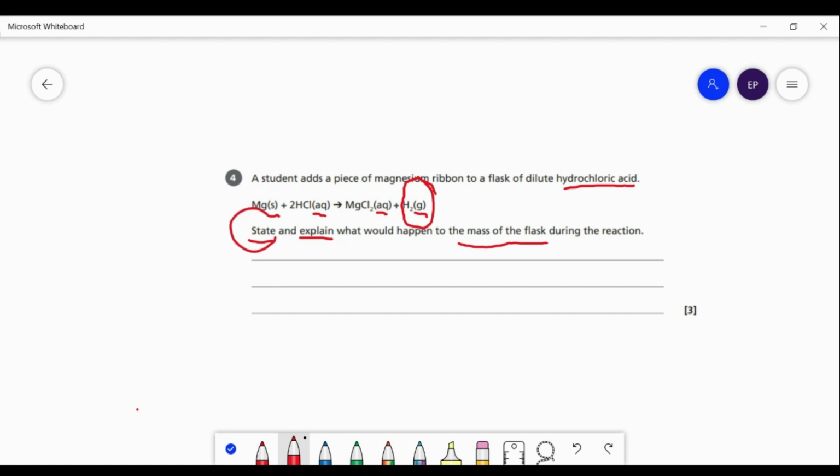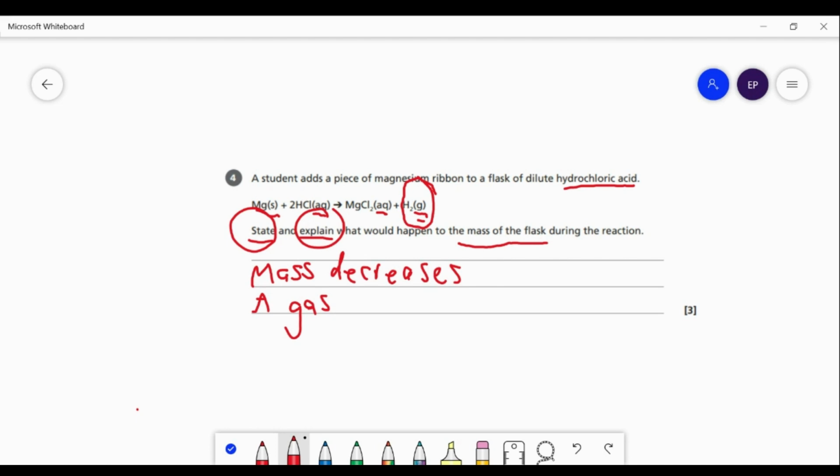So the state part of the answer is that the mass of the flask is going to go down. So mass decreases. But we must remember that the question asks for a second part where we need to explain why this occurs. So the mass goes down because a gas is made, and we know that because of this state symbol G